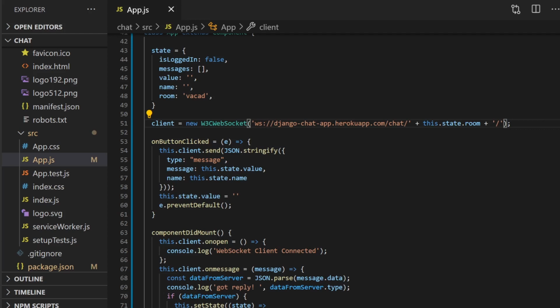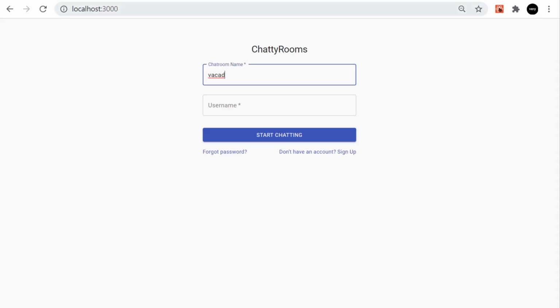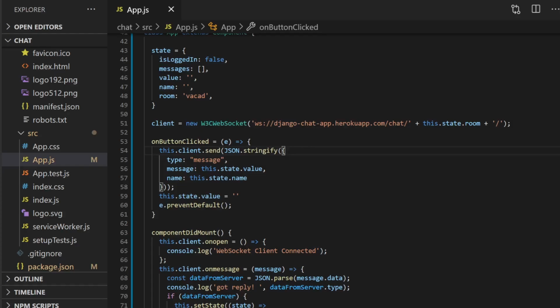So let's go ahead now and just make sure it's on, and then go back into our React application, and let's just try this out. Let's add a new name, admin, start chatting, and then I'll just type hello, start chatting, and we seem to have a problem. Okay, so if we just double check the application again, what we need to remember is that